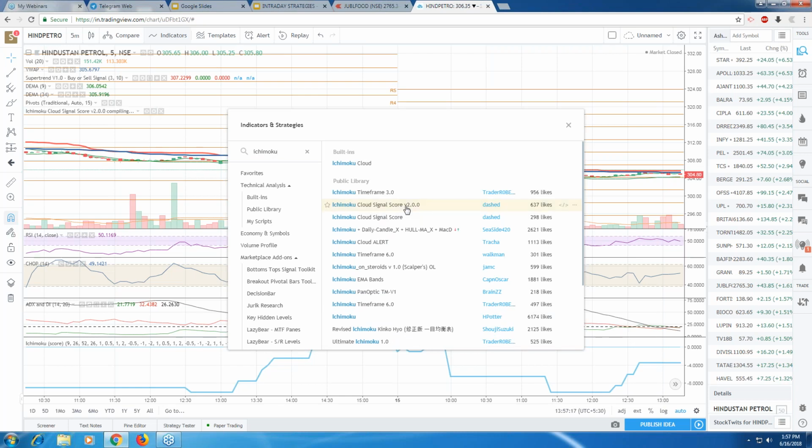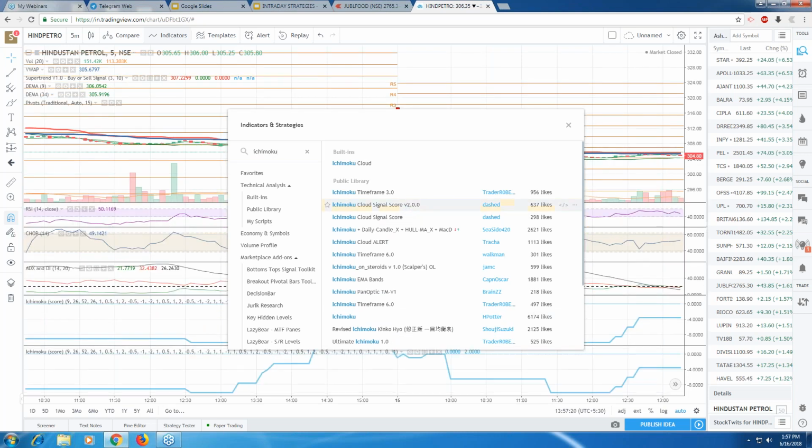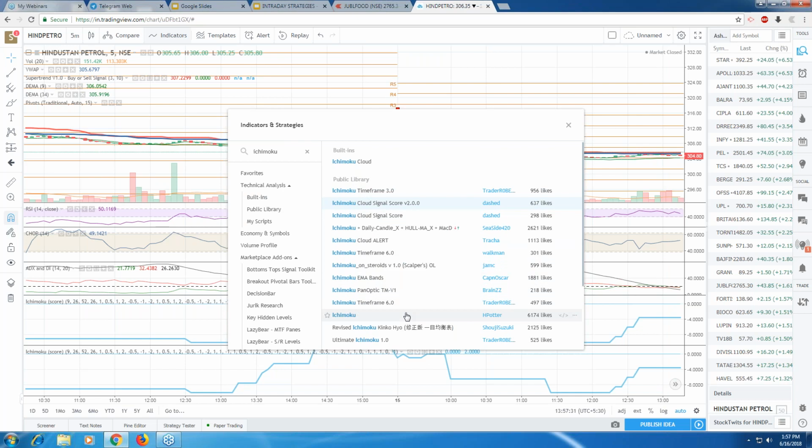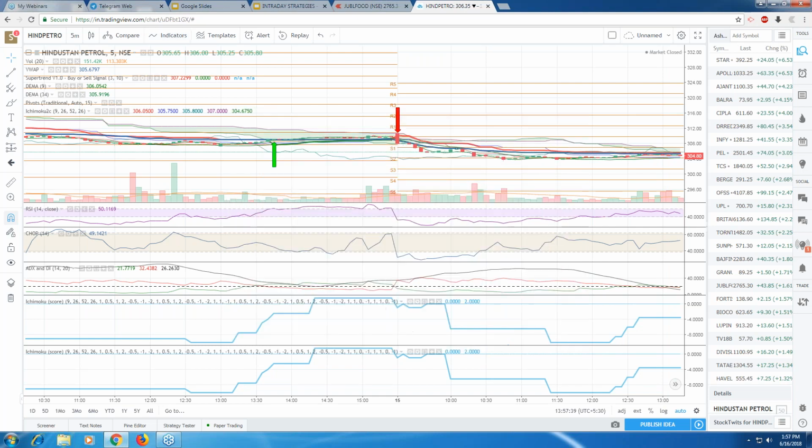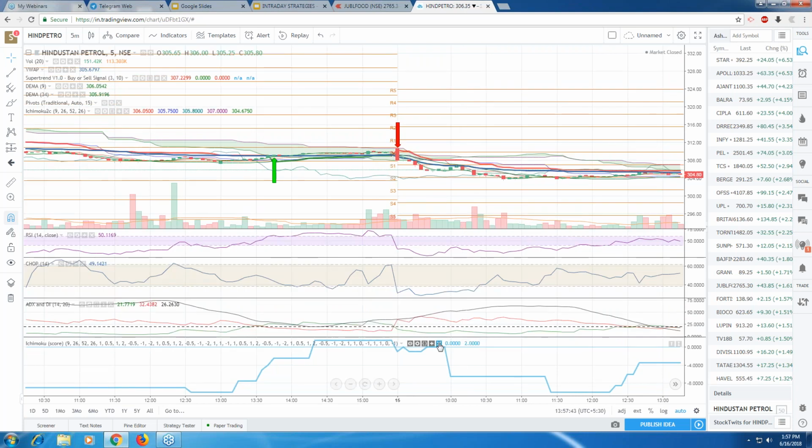This one. No, I'm not looking for this Ichimoku. Ichimoku time frame. Cloud alert signal. I think this is the one. Yeah, this is the one. So I'm going to remove this one, and I'm going to remove this one. So now here is